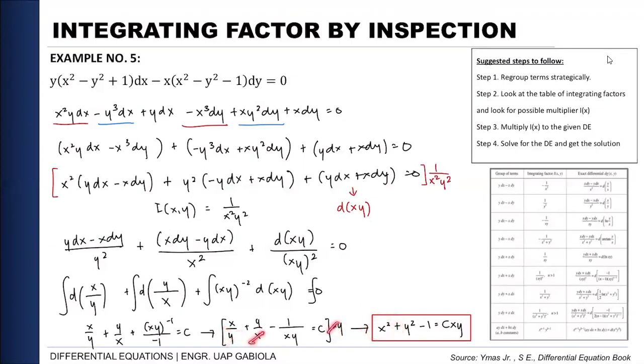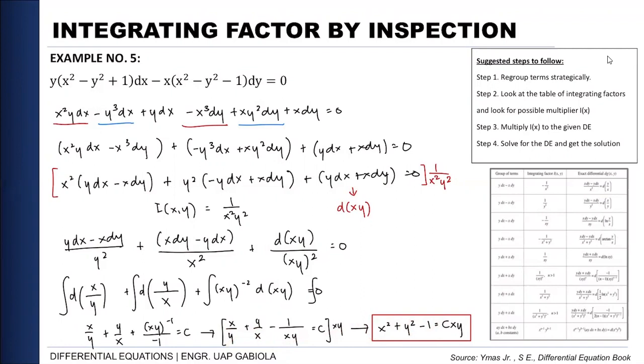Cancel out the x, it will be y squared minus, cancel out, all negative 1 is equal to our arbitrary constant times xy. Okay, so by this example, I hope by now you realize that